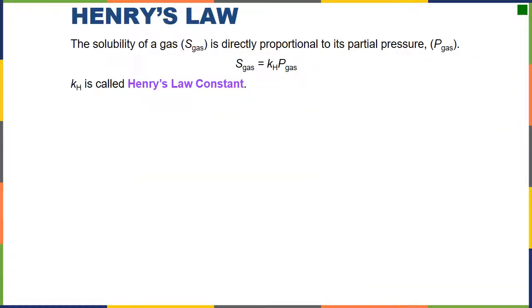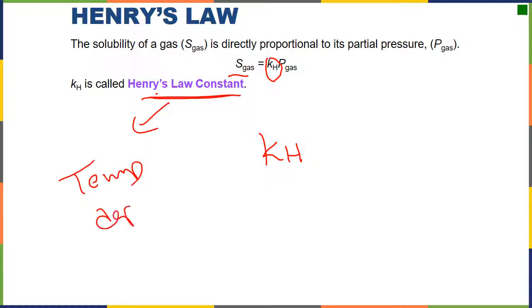All right, the math on Henry's law. Henry's law just says the solubility depends on k_H. k_H is Henry's law constant. This is temperature dependent, so we look it up for a temperature as well as for a gas. And it says that the solubility depends on this constant times how much gas we have over the liquid. So for an example,